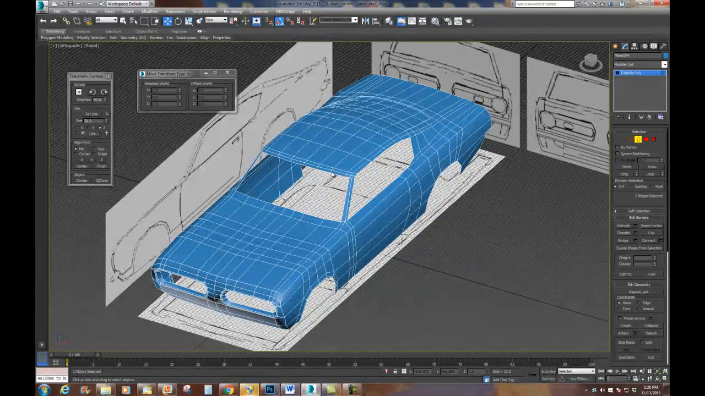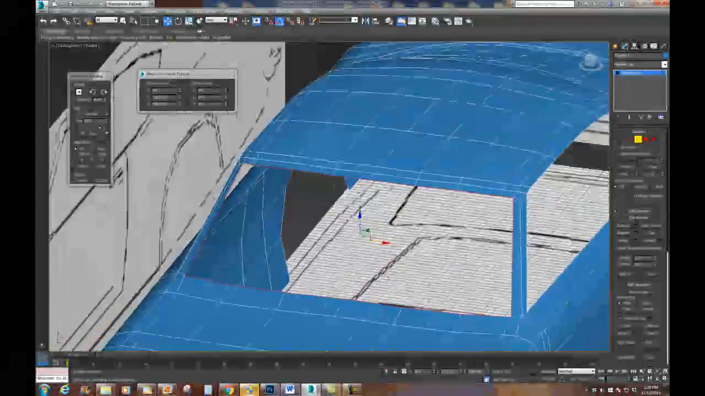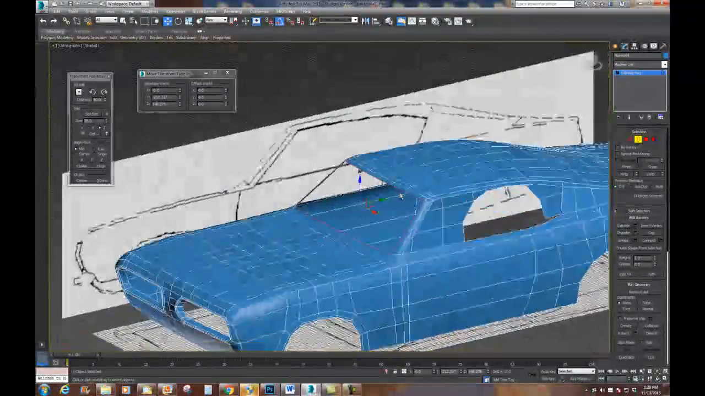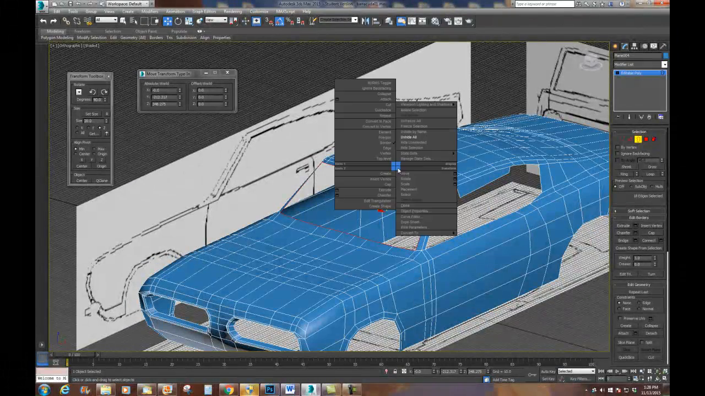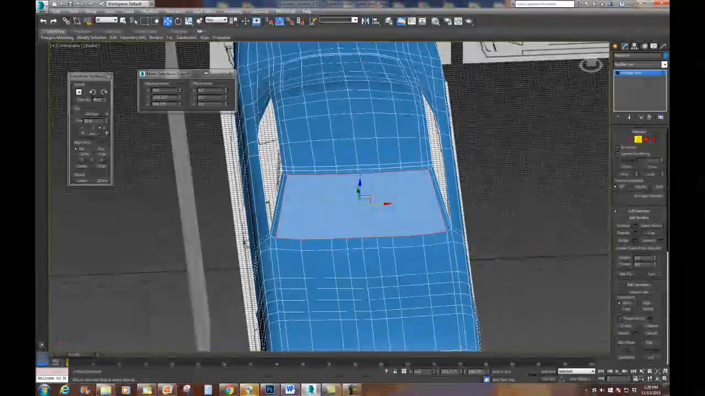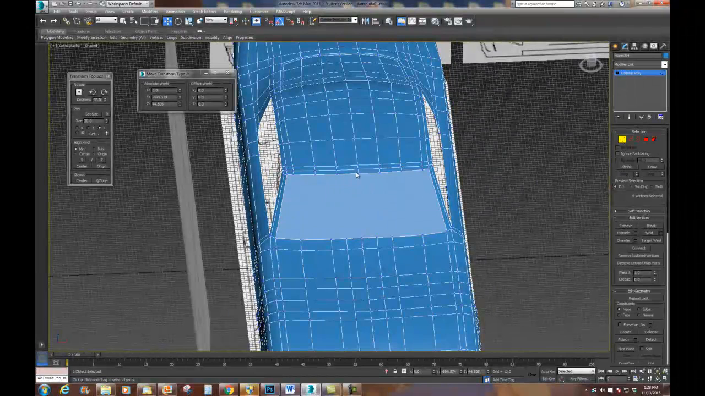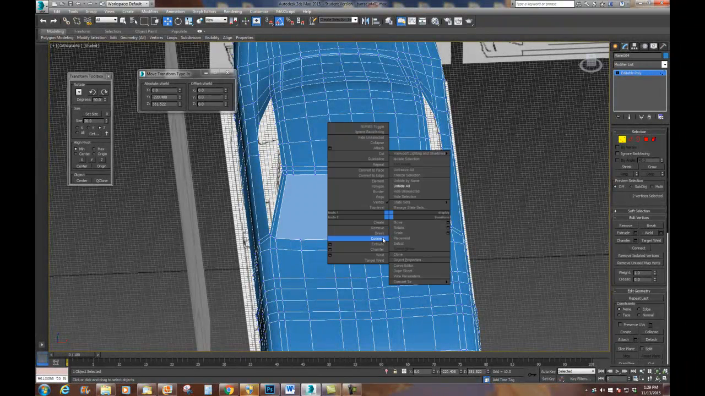Then I'm just going to get the open edge, which is this, and I could just cap this if I wanted to. So why don't we just do it that way? I'll just right click and say cap, and once I have that done, I can click on edges and connect them. So if I right click and say connect,